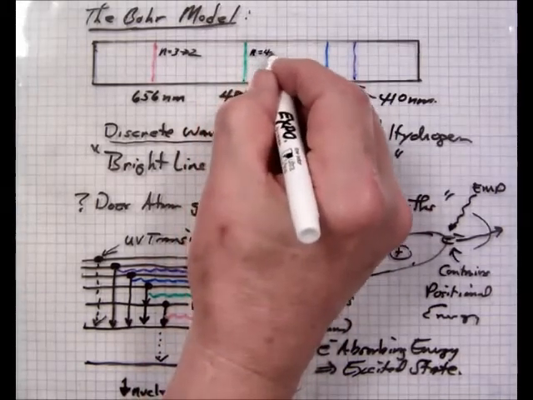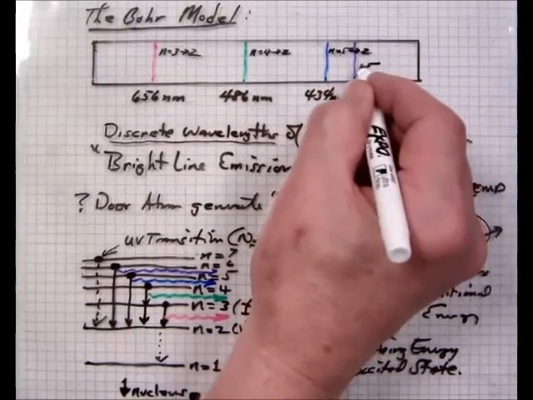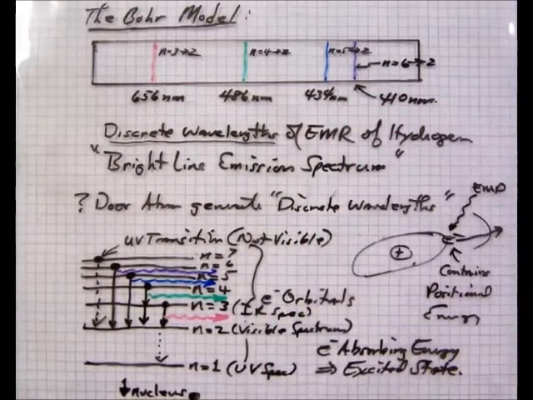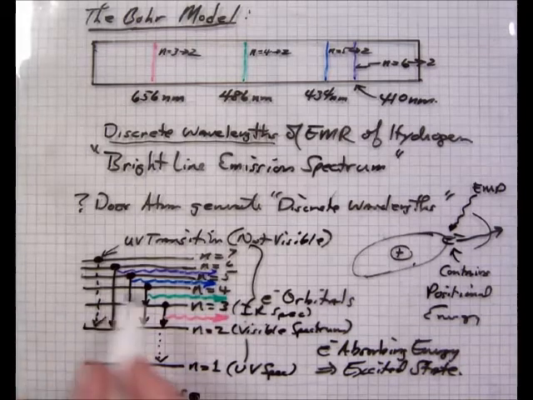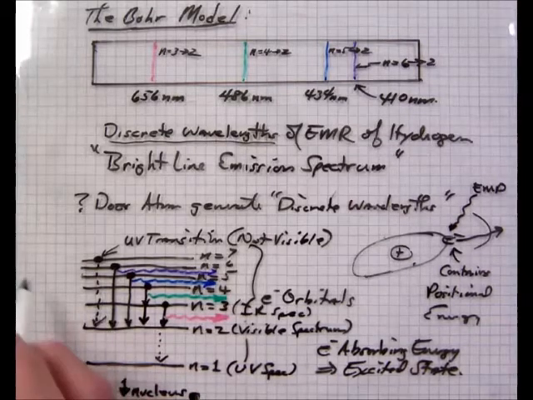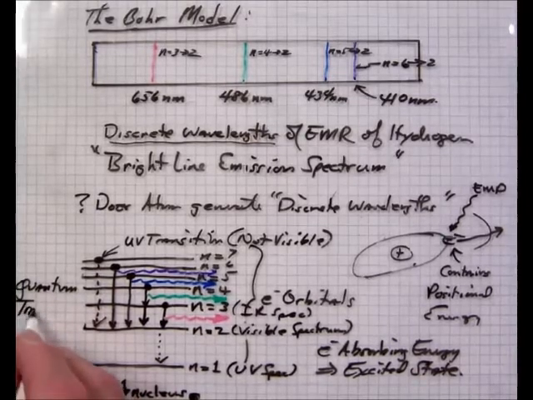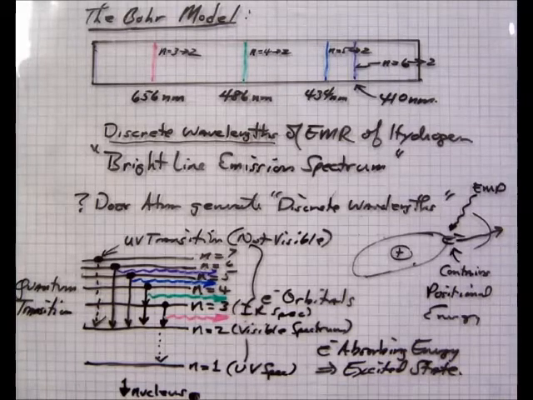This is an n equal 4 to 2 transition. This is an n equal 5 to 2 transition. And this one is an n equal 6 down to 2 transition. It's falling from up in specific. It's in number 6 and then it's in number 2. These are called quantum leaps. When it moves from one position to the next, it's a quantum transition. Light is referred to in what we call energy packets, known as quanta.